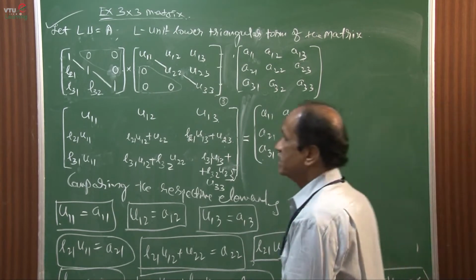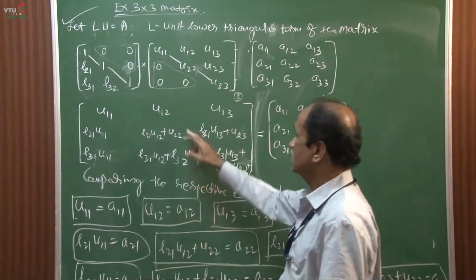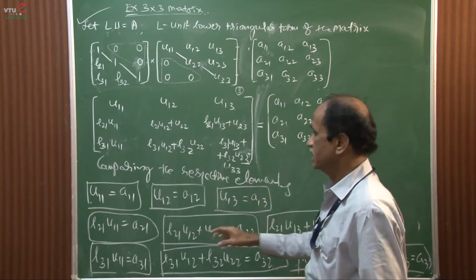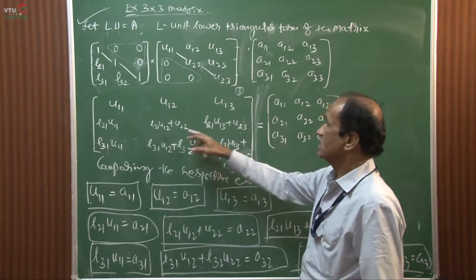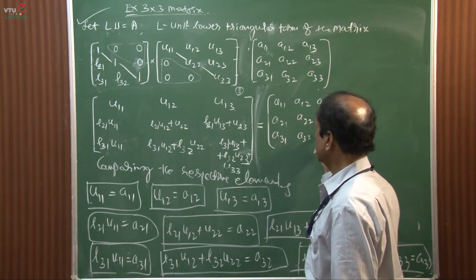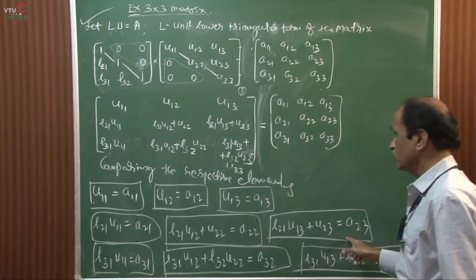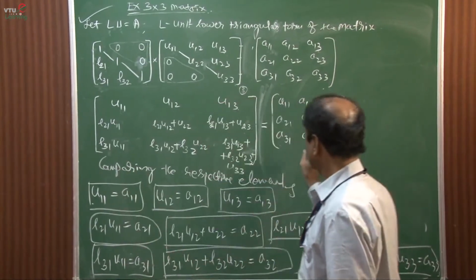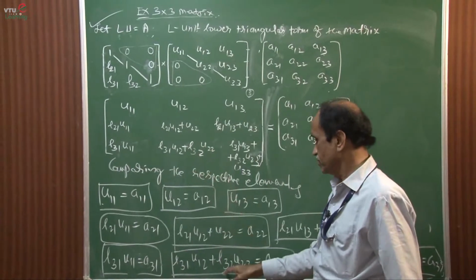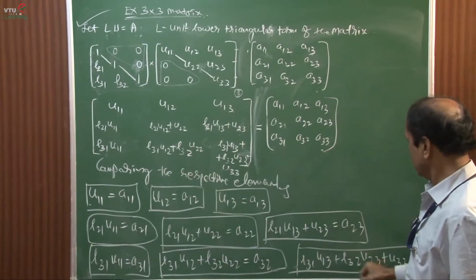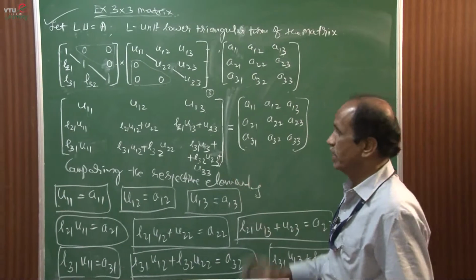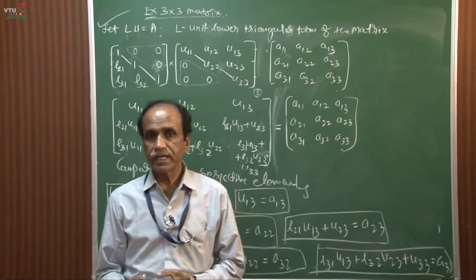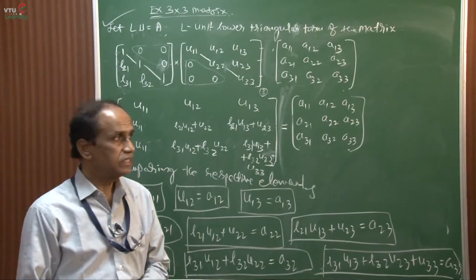When you equate, this one is A11, this one is A12 and A13, and this one is A21, this one is A22, this is A23. These are the values, and L31 into U11 is equal to A31, and A32 is equal to the middle term, and A33 is nothing but this value. Now, we have considered the product of the lower triangular and upper triangular matrices, and